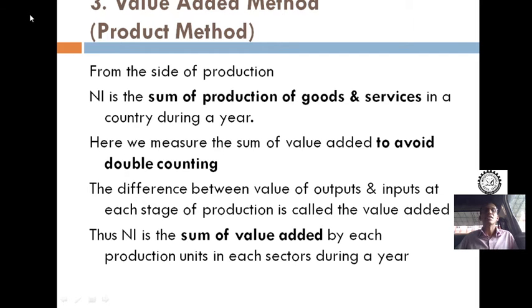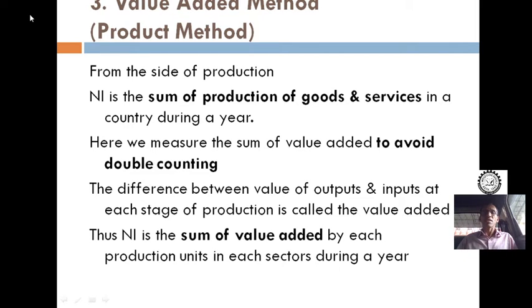Now, the third method is the product method or value added method. In this method, we can measure national income from the side of production. That is, national income is the sum of production of goods and services made in a country during a year. Here,